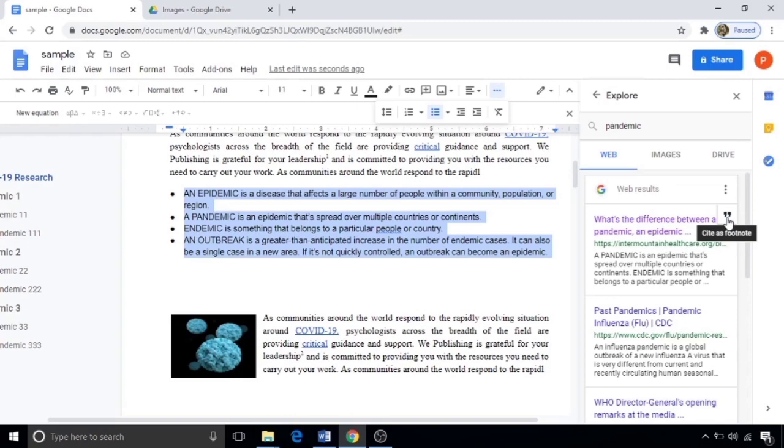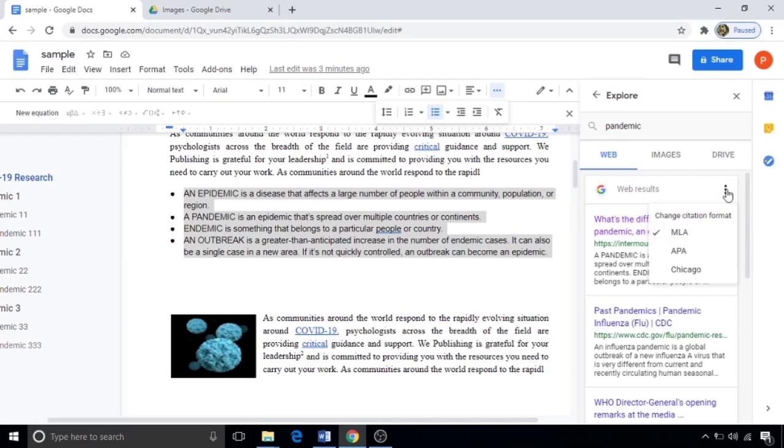Importantly, cite the same by clicking the double quote symbol against the link in the search window. Before going to cite, here you can choose different citation formats as you like. APA, MLA or Chicago, anything you like, or prescribed in your article.